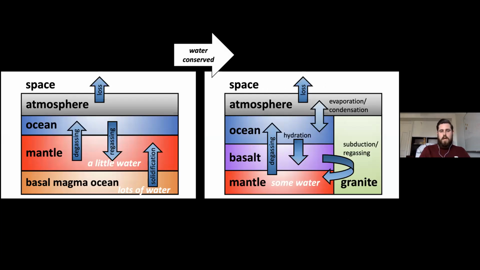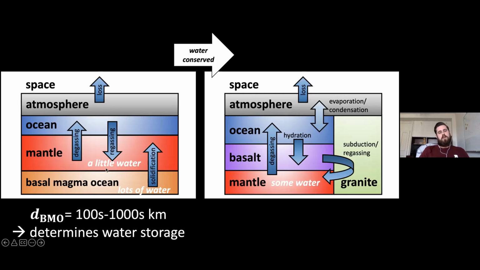Our idea is that the basal magma ocean should contain lots of water, since water is highly soluble in these silicate melts, and the solid mantle will contain a little water, as I showed before. Once this basal magma ocean solidifies and we can switch into that plate tectonic cycling, the mantle will now contain some water instead of a very small amount of water. That should allow some cycling between the surface and the mantle and allow some water to be hidden away from the loss, and maybe help with the habitability prospects. But there are two unknowns in this basal magma ocean. The first is that we don't know how deep the basal magma ocean is going to be.